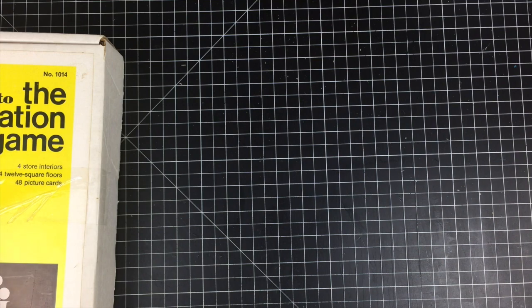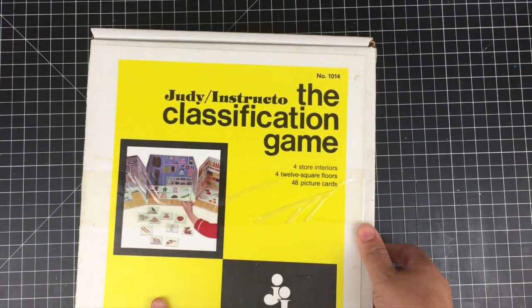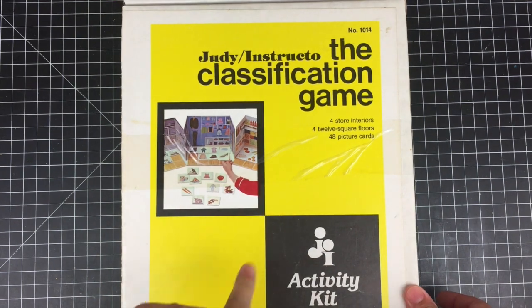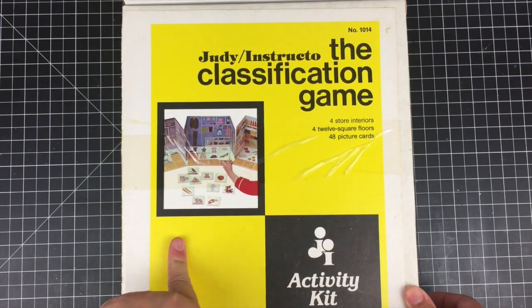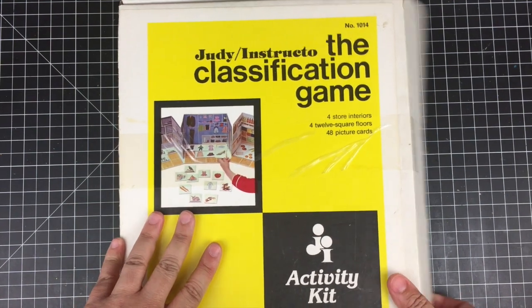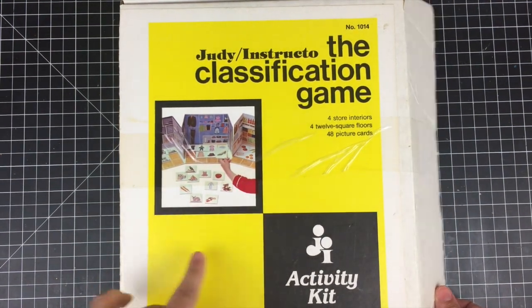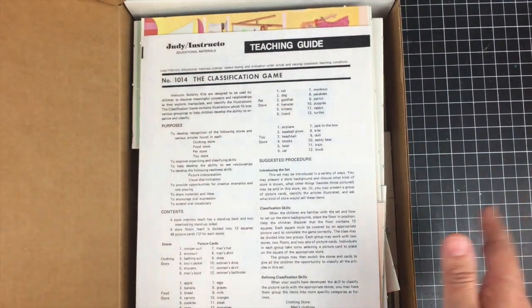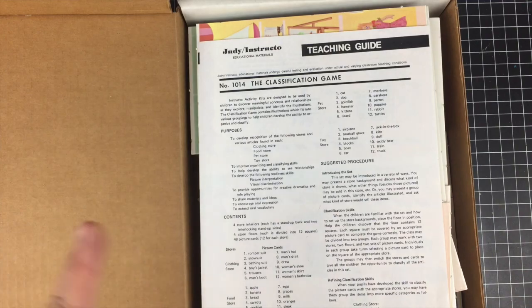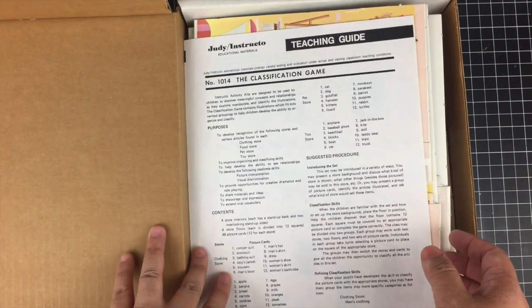And then this was a fun find. It is a classification game. And I did a little bit of research on this and learned that it is basically an educational activity set from the 1960s, somewhere between like 1965 and 1968 in there somewhere. And what it is